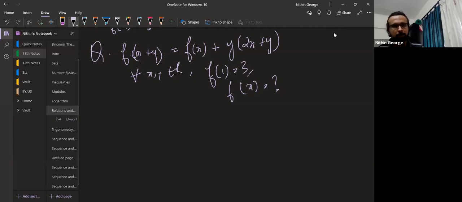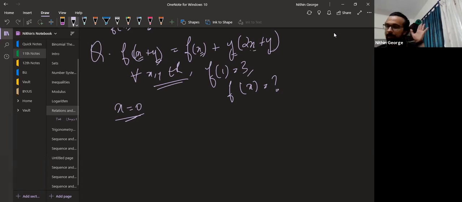Okay, so first thing what we'll do is, look, these are functional equations. First thing you have to realize is that these are functional equations. Basically, the arguments are in terms of x and y. There are two parts here, x and y. So the idea here is for any real value of x or y, this is valid. So hence, you can put any real value of x or y into this. All right. So this looks like it's crippling. Not really. It's actually doable.